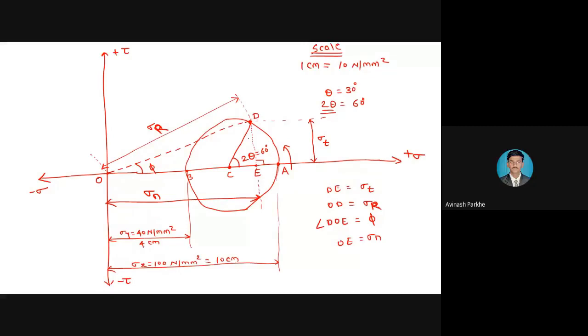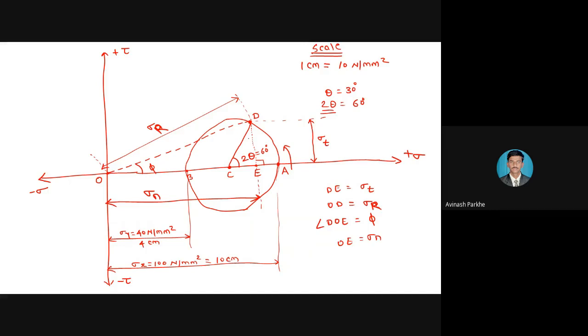Diameter. Therefore, please keep in mind, this is very important for your MCQ. The diameter of Mohr's circle represents the difference or distance between two principal stresses. Based on this, a 101% MCQ question will be there in your examination. So four options will be given. What will be the question?